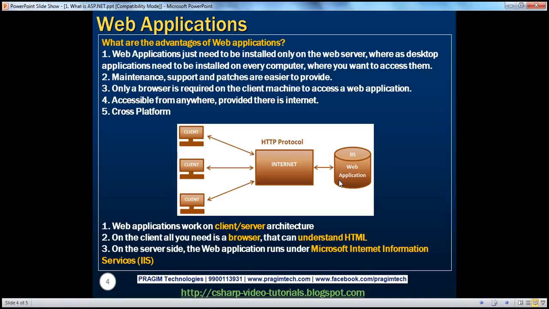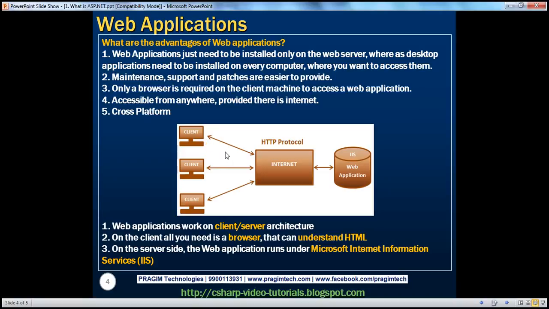It will do whatever it has to do. If it has to retrieve data from a database, IIS will hand over that request to the web application DLL. If you're not sure what a web application DLL is, don't worry about that. We'll be looking into that in great detail in a later session. And then the web application goes to the database server, retrieves the data, processes the request, and then generates the HTML and gives it back to the IIS. IIS will then return that back to the client who actually requested that page.